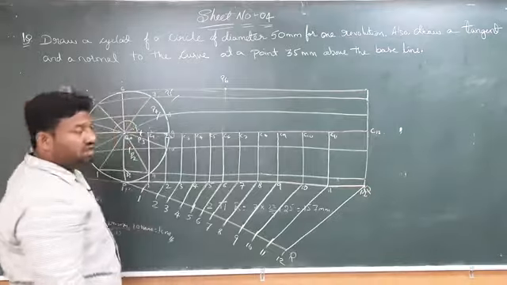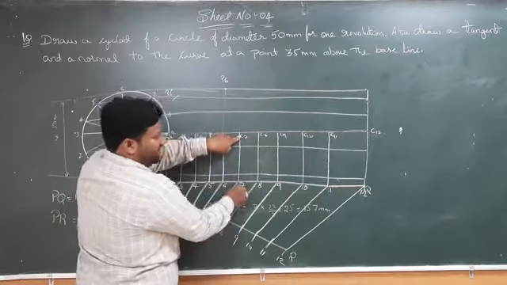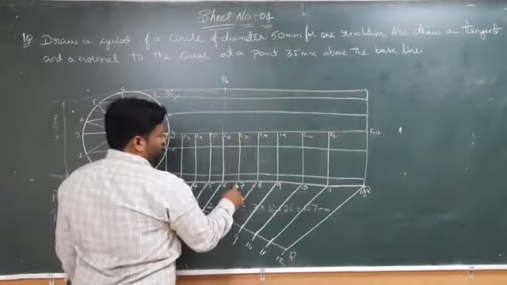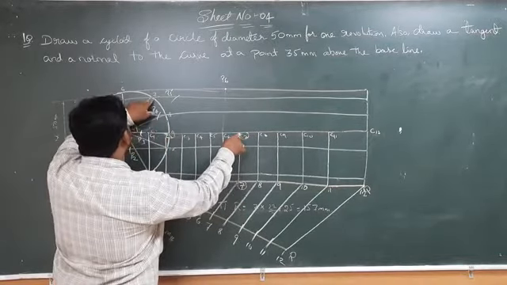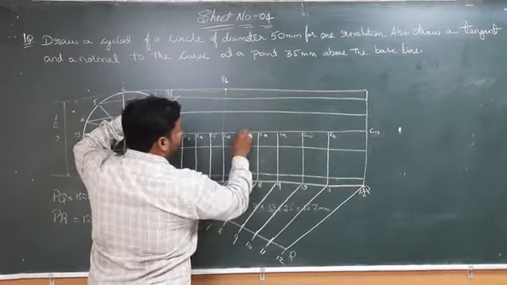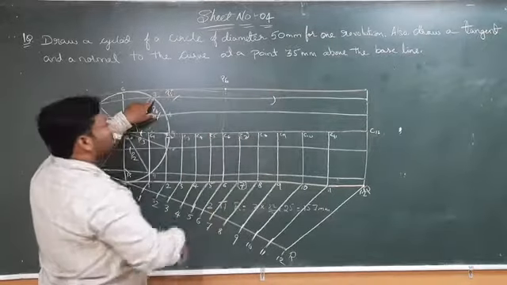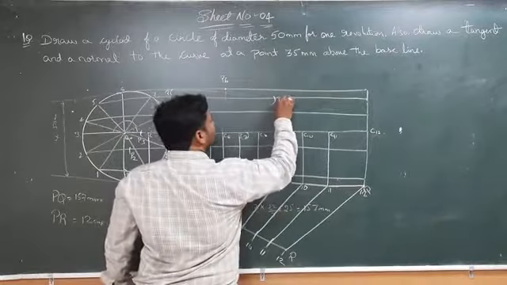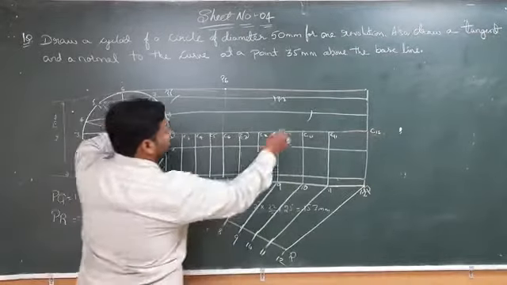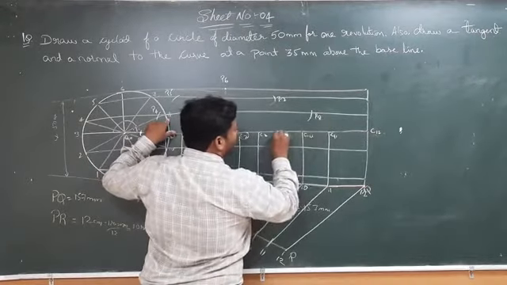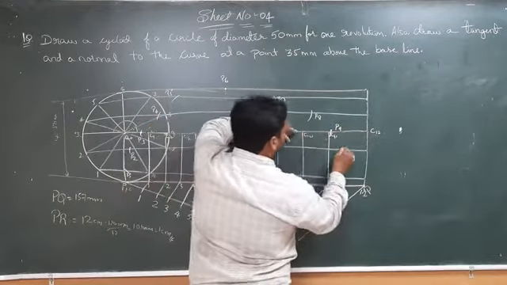Next, we change the center from C6 to C7. Again we maintain the same radius, 25 mm, and cut the arc because our position is at C7, where the 5, 7 line is the same. So we cut the arc on this 7th line, maintaining the 25 mm radius. This is our P7. Like that, from 8, we cut on the 4, 8 line. So this is our P8. Again, from 9, exactly it will be at the center, here only P9. Again, from C10 to 10.